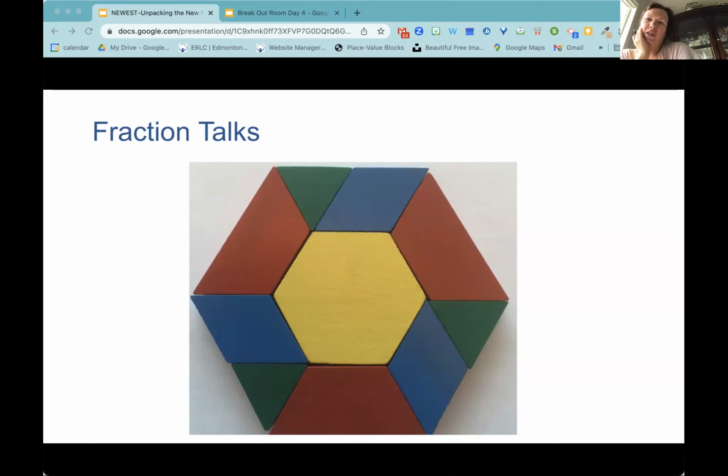What does the total of red parts represent from the whole? Total of red parts represent of the whole. Or what does all the red represent? So all the red represent of the whole. Or how much of the whole is red? Or what fraction of the whole is red? Yes, that is right. What fraction of the whole is red? Yeah. And of the whole, like that. Very, very important. Very well said.